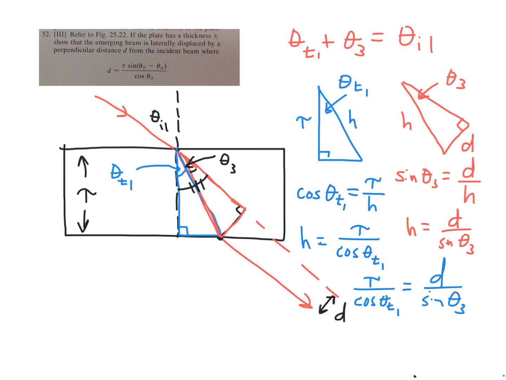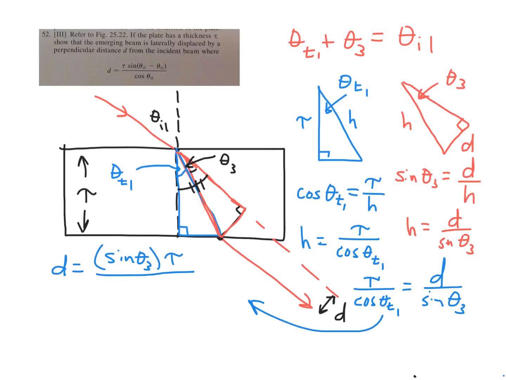And we're just about done. I'm a little out of space, so I'm going to go over here to the left. Solve that for D. We have two steps left. So you solve that for D, and you end up with D equals the sine of theta sub 3 times tau,